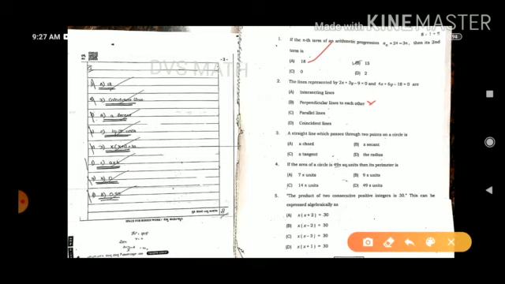We have the other 3. If they give options like this, they are definitely related to the coefficient relation. As you all know, if A1 by A2, B1 by B2, C1 by C2, all 3 are equal, they are coincident. If A1 by A2 is not equal to B1 by B2, it is intersecting. And if A1 by A2 equals B1 by B2 but is not equal to C1 by C2, they are parallel lines. So here you have to check the coefficients in these 2 equations. 2 by 4 gives 1 by 2, 3 by 6 is 1 by 2, minus 9 by 18 is again 1 by 2. All are equal, so they are coincident lines.